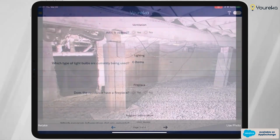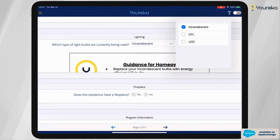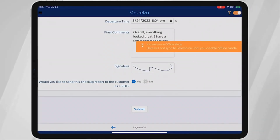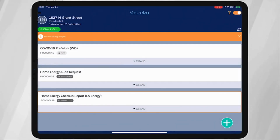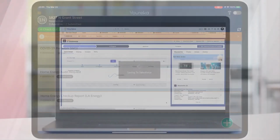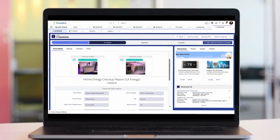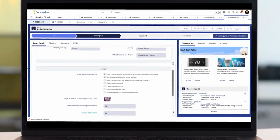What's more is the Youreka mobile app works both online as well as offline, which means even if the house is in a place that doesn't have good cellular signal or internet connectivity, the work can still be completed. Now, once the forms are submitted, the data is synced seamlessly to Salesforce, and the entire form that was completed in the field can be viewed in the system, as well as key insights and recommendations for the users back